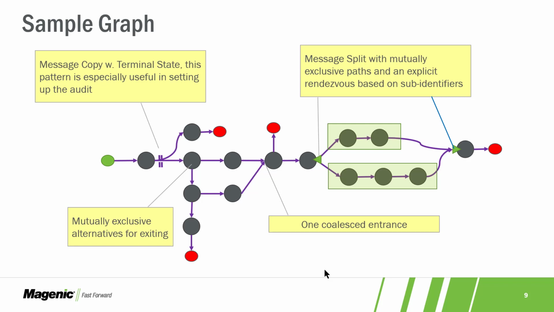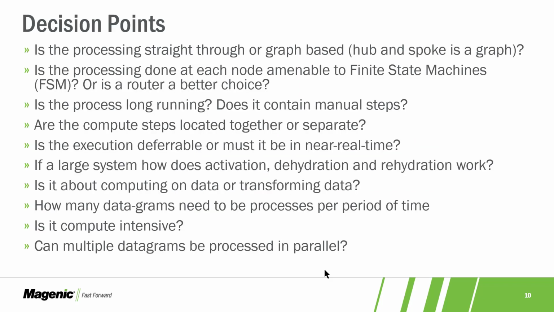And you can have decisions that cause the processing to take different directions. But again, the same message should probably not flow through multiple paths at the same time unless your underlying system has a really good way of doing rendezvous, of recoalescing the messages that you split up and rejoining them in a coherent way. So lots of decision points that you need to think about when you're trying to decide what is the appropriate